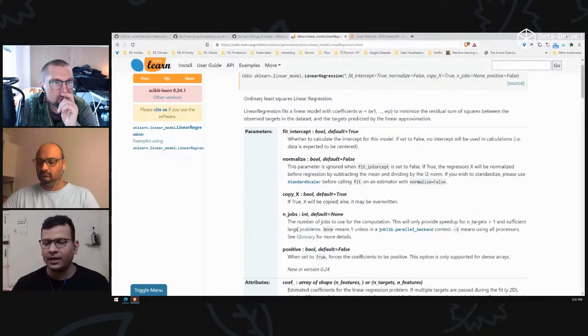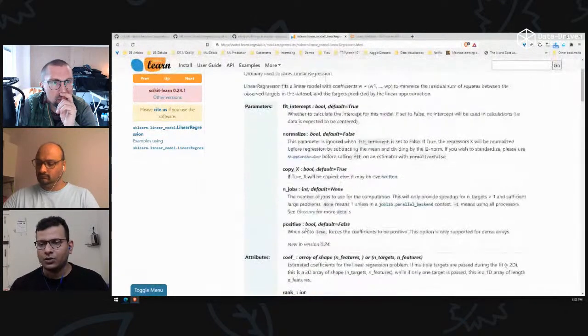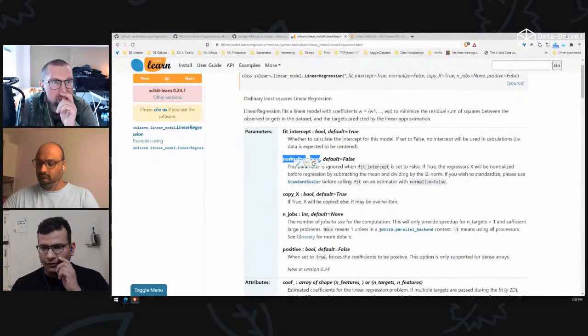So this is not really important for a beginner. And other attributes like intercept, coefficient, these are what are returned. So the thing which we have control on is normalization. Okay, normalization is about the data. And check what is the default value here. Default is false.